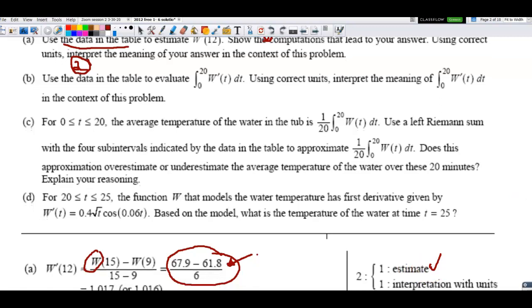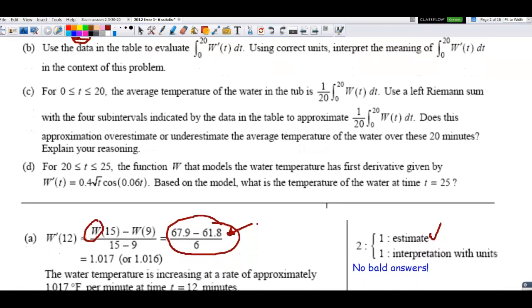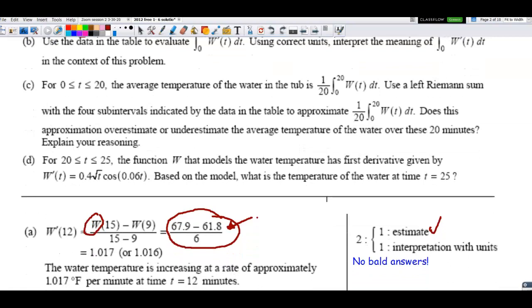Now the interpretation, in our class we have a standard sentence that we use, so this might not be the standard sentence. So I'm going to read to you exactly what we would say. Since we're interpreting a derivative, it always modifies its preceding function. So in this case, W prime is going to modify W. Remember, W is the temperature of the water. So we would say, and you can check your answer based on what I'm telling you, at 12 minutes,